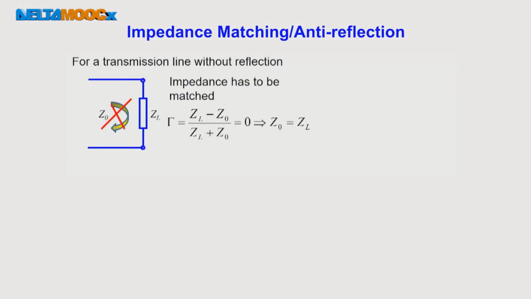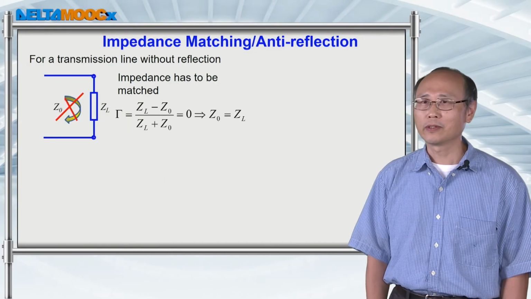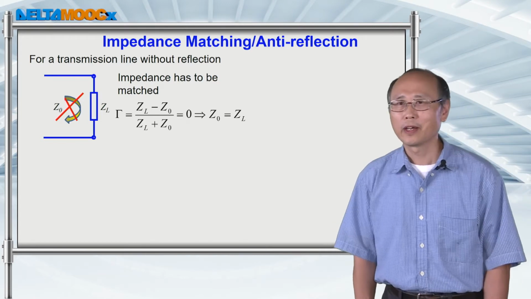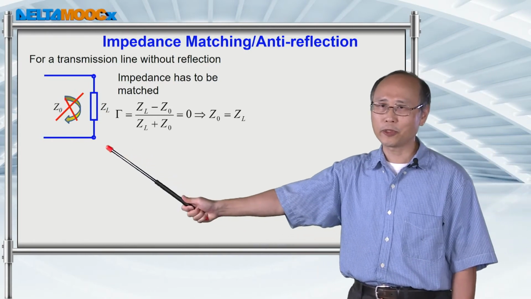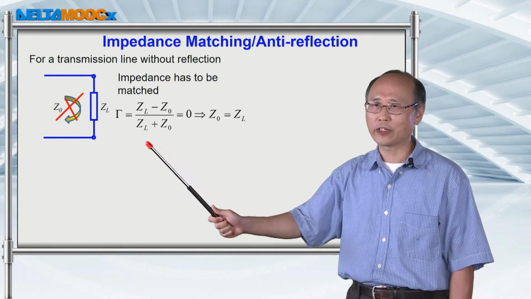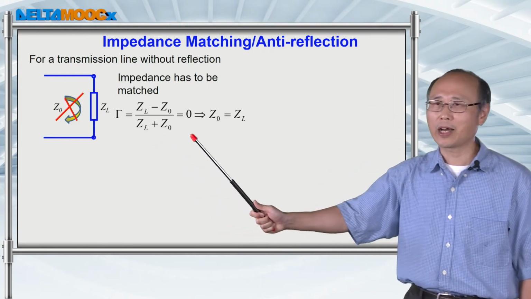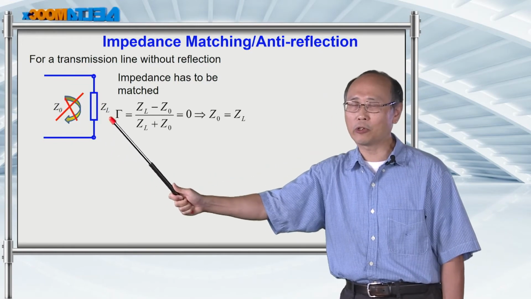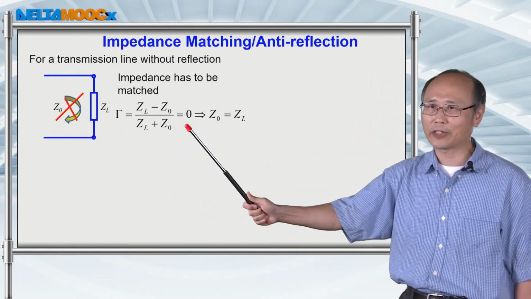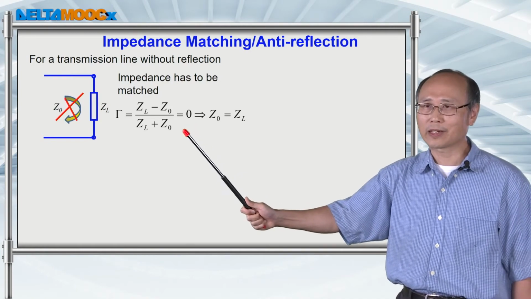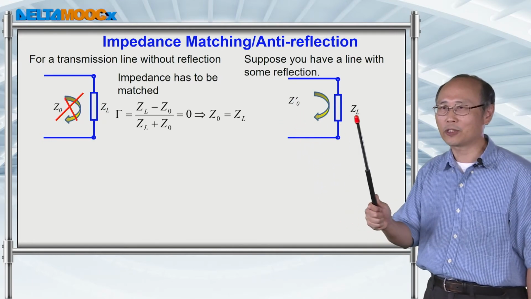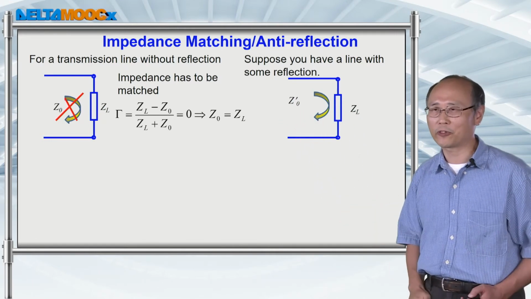from the transmission line. On this page, I want to show you how to use the quarter wavelength line to cancel out a signal reflection from a transmission line. Suppose that you have a transmission line and the reflection coefficient is given by this expression, and then we knew already that if I can match the characteristic impedance to the load impedance, then I don't have reflection. But sometimes we don't have such luck, and the characteristic impedance does not match the load impedance. Therefore, you have some reflection.